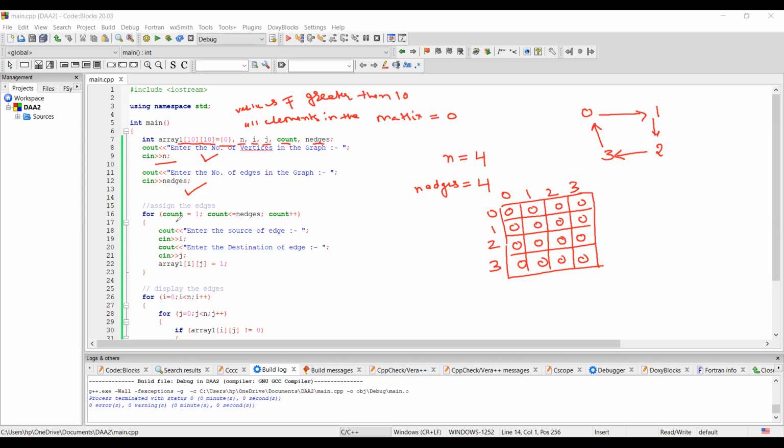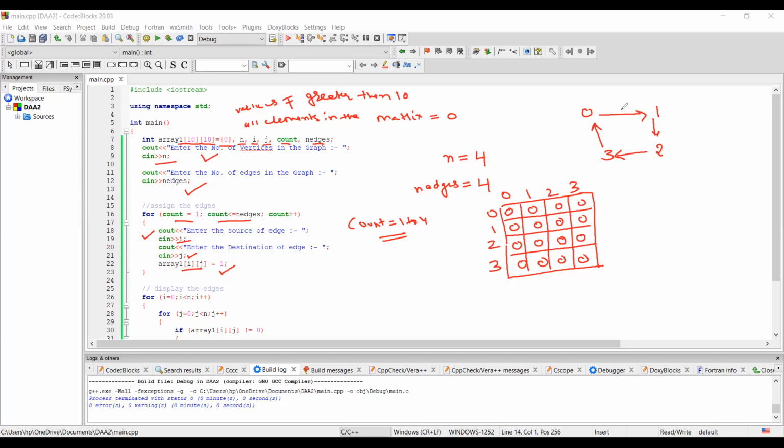Then count is equal to 1, count less than or equal to nEdges, that is 1 to 4. We will take the input of 4 edges. Enter the source of the first edge, the input will be in i. Enter the destination of the first edge, that will be j. Then the ijth element of the array will be set to 1.